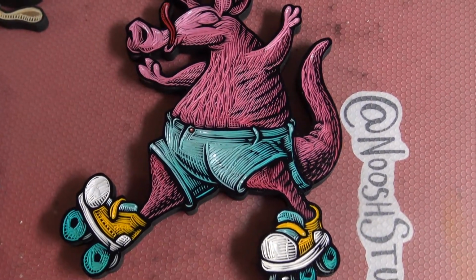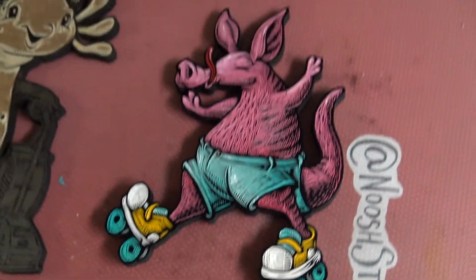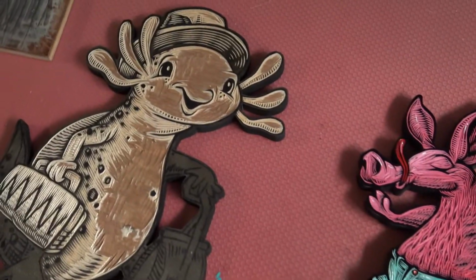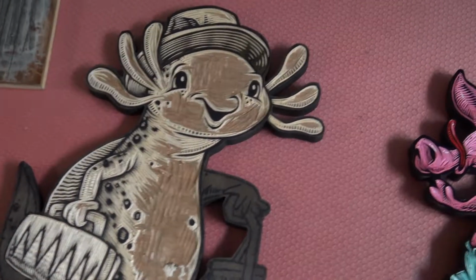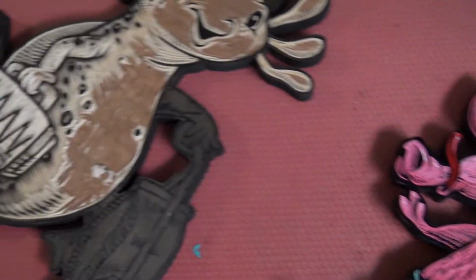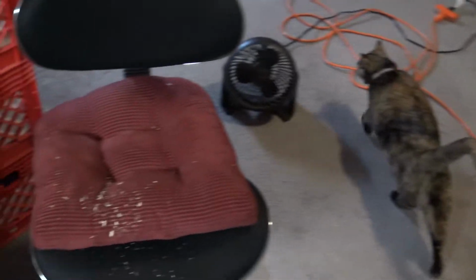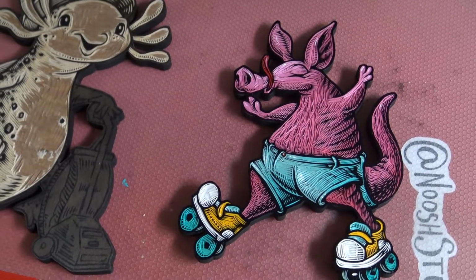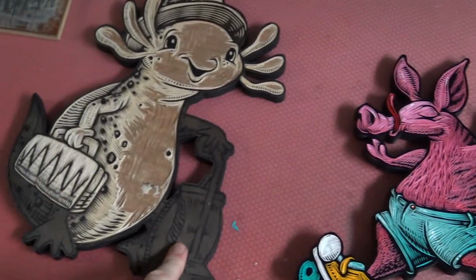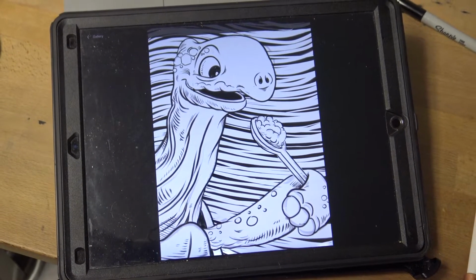I finished up my aardvark roller skating for ABV Gallery. It is right there. Tonight I was going to finish this carving so I could paint it up tomorrow, but Mardi, oh goodness, as soon as I want to videotape her, she starts moving. She's been sitting in my carving chair for the past probably hour. So instead of carving this, I got a start on drawing my Nooshtober drawing for tomorrow,